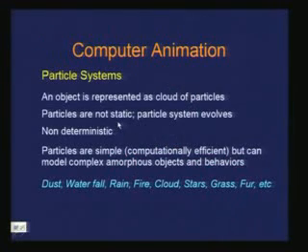And these particles are not static in general, particularly when you are performing animation. So this particle system, which is a collection of these hundreds and thousands of particles, evolves over a period of time, and it's non-deterministic, it's stochastic, right? So there is a randomness in the process,